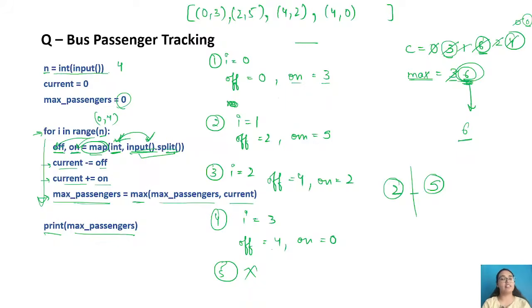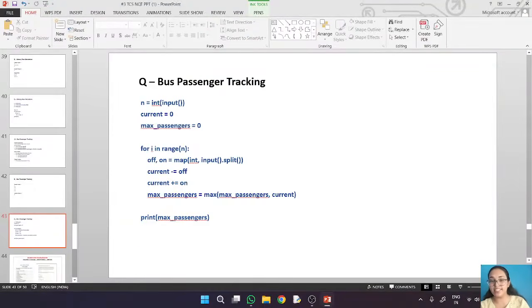Okay, so I guess, yeah, let's keep it at this much. I have covered, I guess, almost all of the queries for now. Okay, let's keep it at this much. I hope this session helped you a lot to understand the questions, to understand how to write the code, and to have all the queries solved that you had, right?